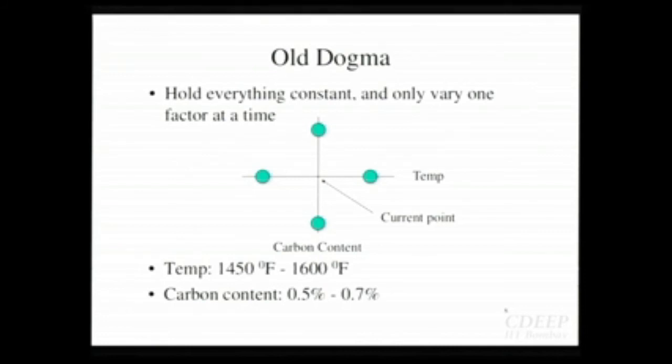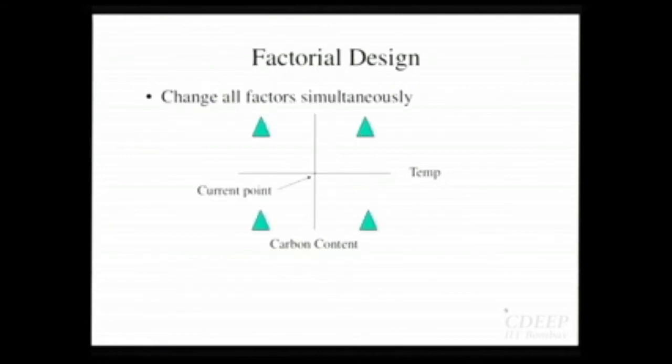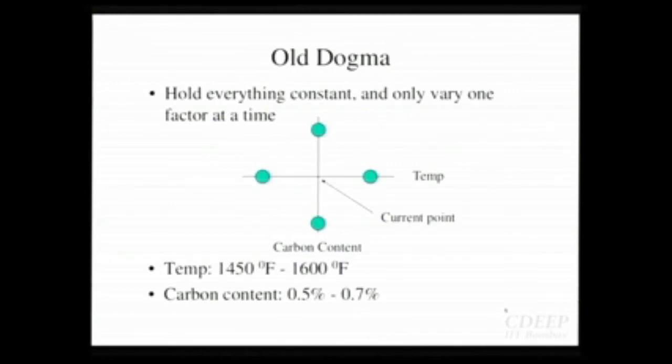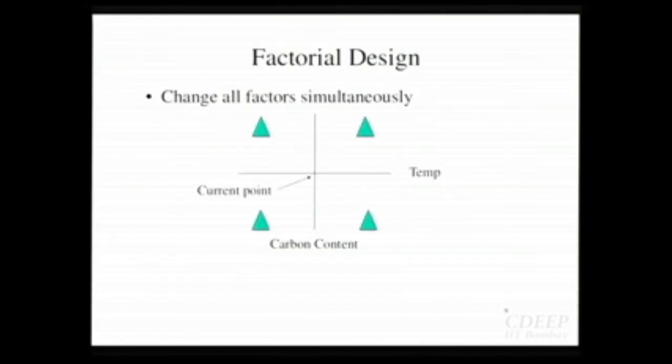So this was really the old way of doing things. Then when Fisher came along, in I think the 1920s or so, he published a paper where he said this is not a good way. Actually you should change all factors simultaneously. He popularized this idea, and if you read the literature, apparently his boss had published and was a big supporter of the one-factor-at-a-time idea, and he junked that theory and said no, that's incorrect. As the literature says, he did not lose his job, so probably his boss was fair.